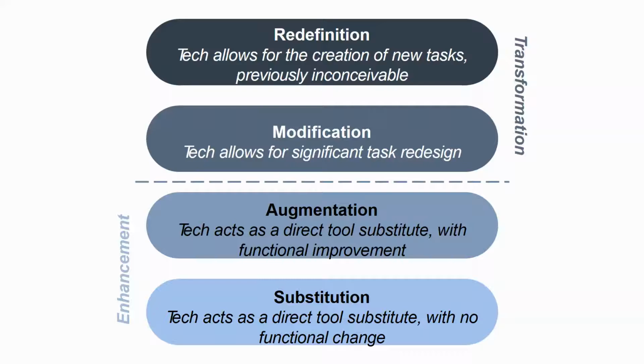And the redefinition is completely new. It was inconceivable to do this before you had this technology. So instead of the essay, maybe you've created a web page with links and video chats and interviews instead of just an essay about, I don't know, mitosis. You've got a whole web page about mitosis and how it works with pictures and videos. So completely transforming what the learner is producing and how they're doing it. So those are the levels of SAMR.